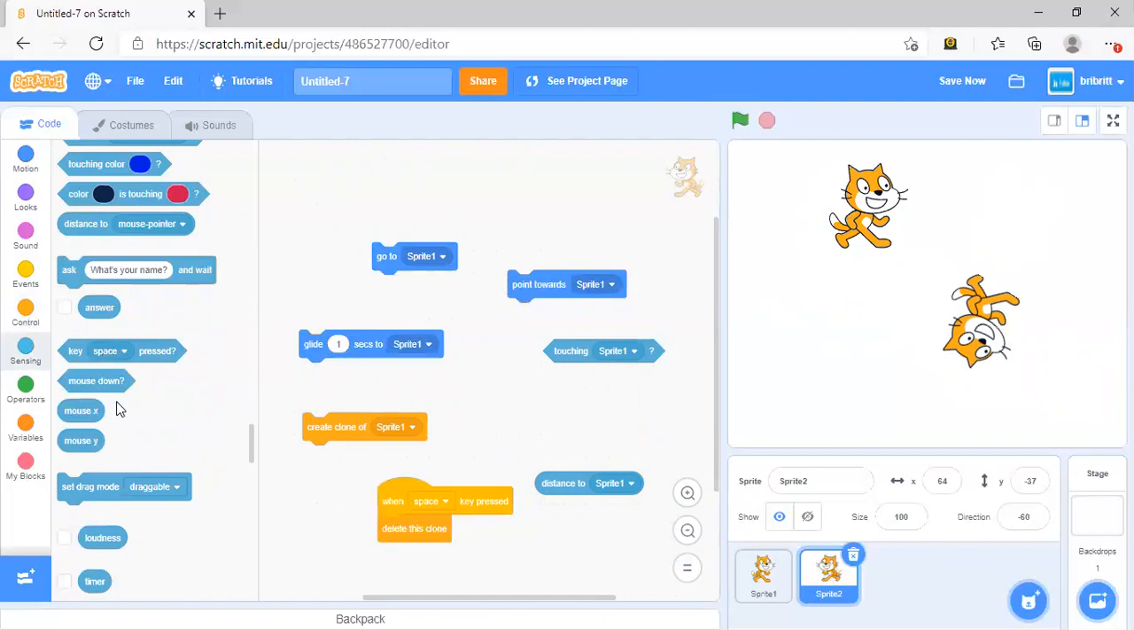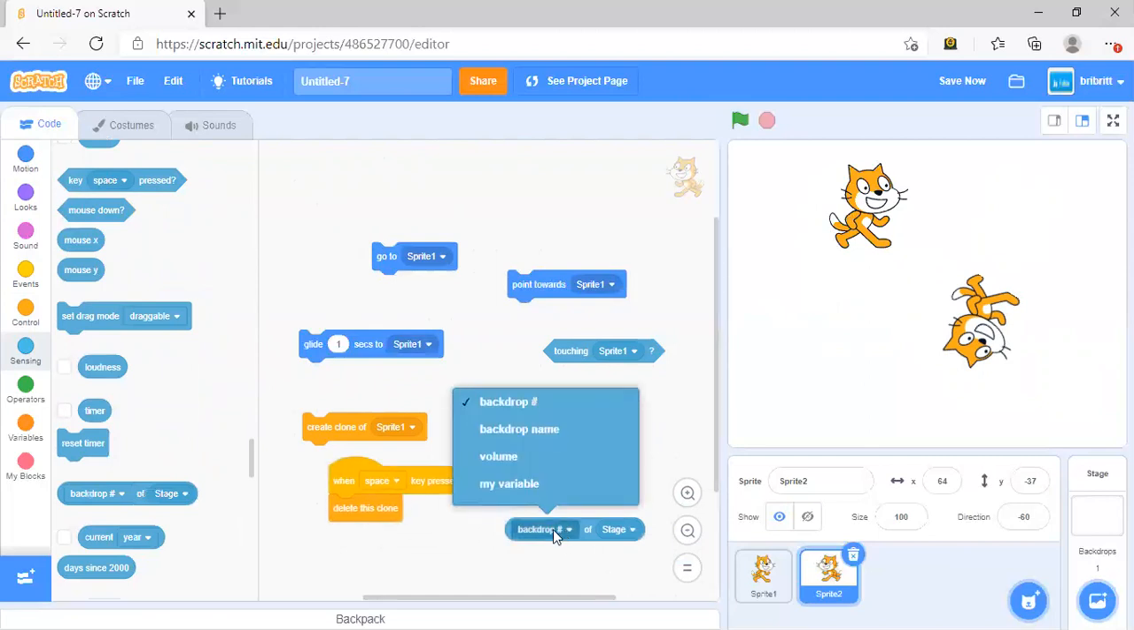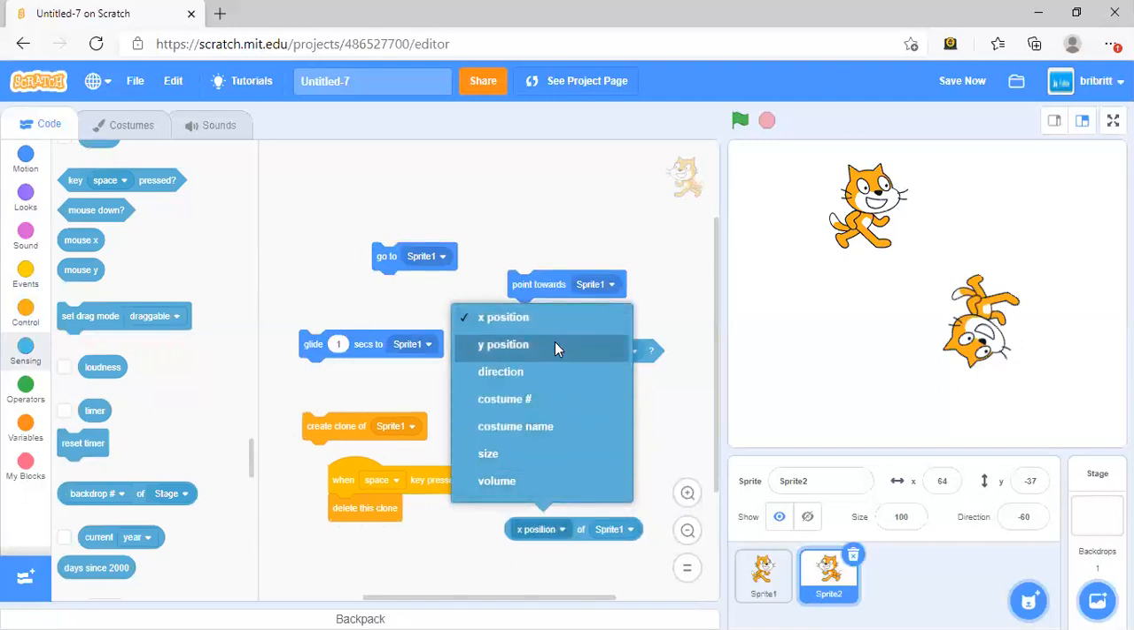Answer, key space press, no. Separate mode, no. Alright, this one. For this one, we can do all this: backdrop number, backdrop name, volume, and my variable. But what if we do sprite 1? This will give a lot of new possibilities, such as the X, Y positions, the directions, costume number, costume name,